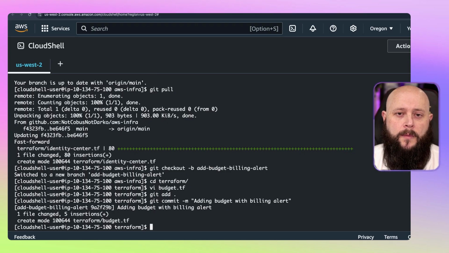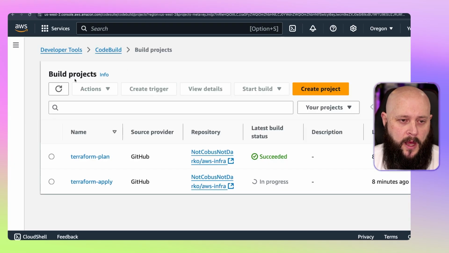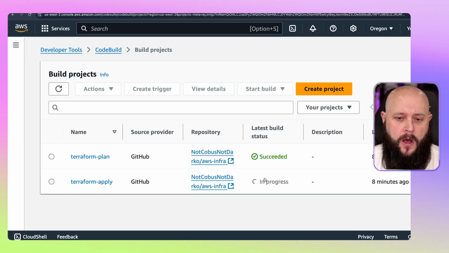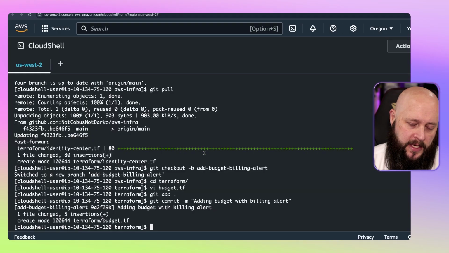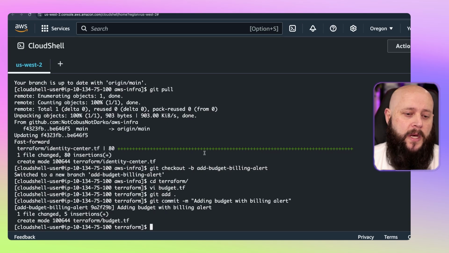I just want us to double check that our job's actually completed. So our apply job is currently still running. So we'll be fine to actually do a push to our branch because that's a separate build job. You can set the concurrency of your builds. It shouldn't cause any issues, but it's always good to keep an eye on what's going on with Terraform.